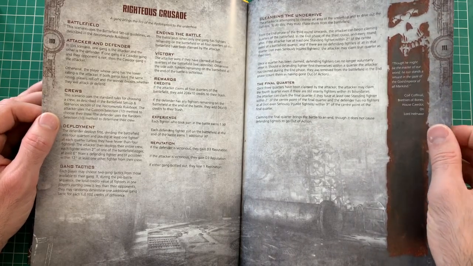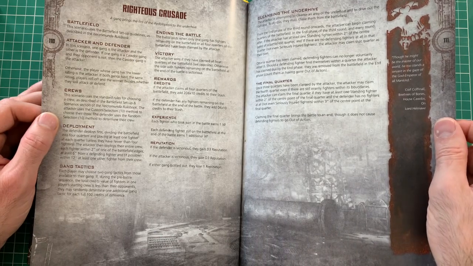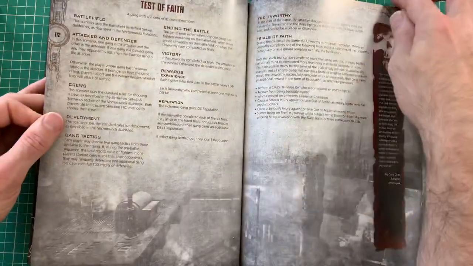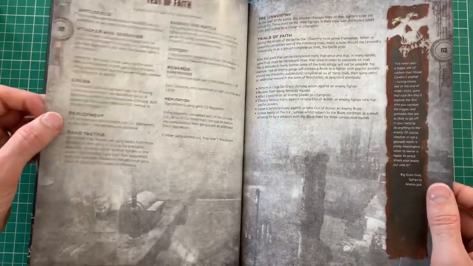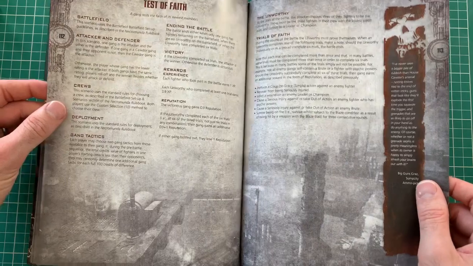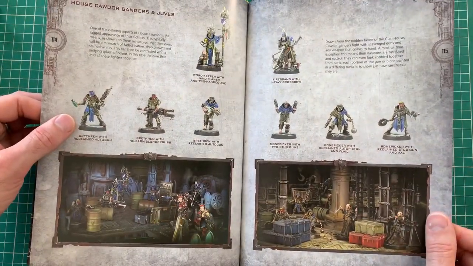Claiming quarters. Once 3 quarters have been claimed by the attacker may claim the 4th quarter, even if enemy fighters within its boundaries. Okay. So some different scenario rules and stuff in there. Test of Faith. I do like how they've named the battles. Definitely an interesting one. Again, not going to read through these, but it's good to have those as options. So then they give you their version of painted